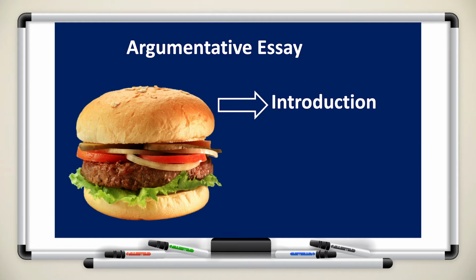Just as in a burger you have a bun, we have our introduction. The bun makes it up. Your introduction represents what you're going to write. In your introduction, you're going to include your hook and your claim. Your claim is your opinion on the topic. So they'll present you with a topic, and you have to present us with a claim based on your opinion